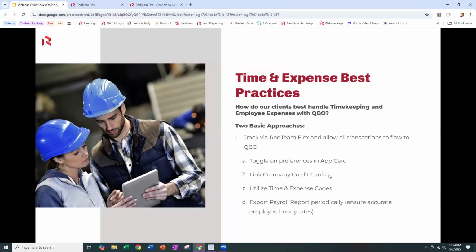We'll look at where you can link your company credit cards, because I can build a list of all the credit cards my employees use for expenses. And I can link those individually to the correct credit card account in QuickBooks to make sure those transactions are flowing properly. We also want to look at the utilization of time and expense codes,